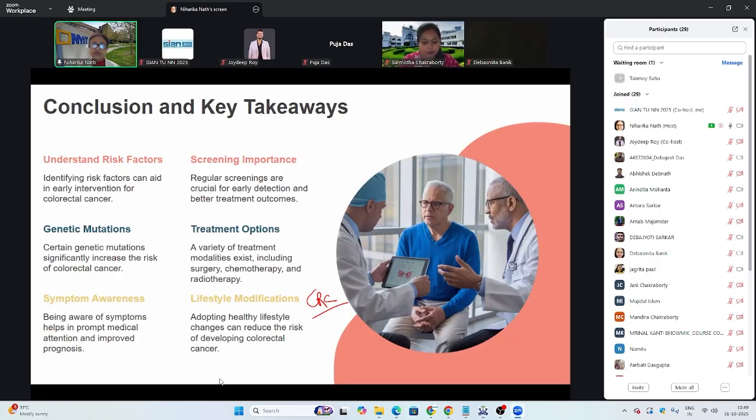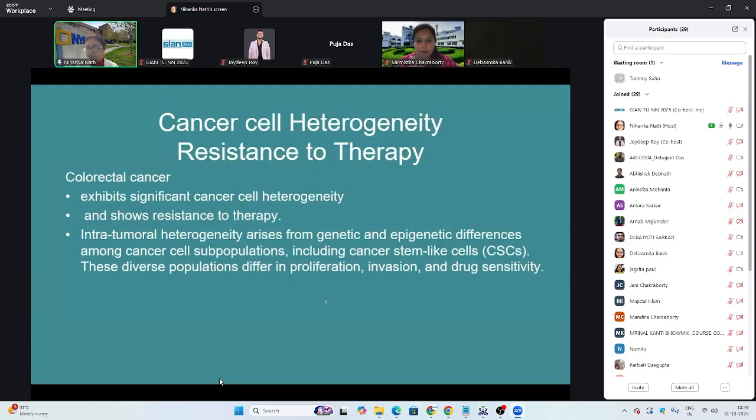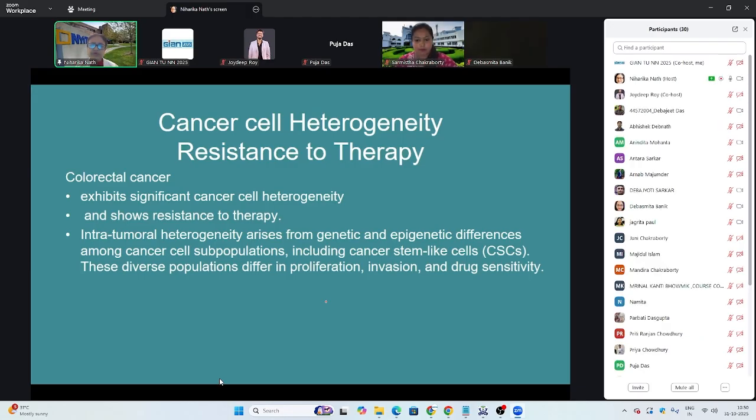So let's go and look at what we wanted to talk about today. And I kept it rather simple so that the language is also a little bit simple. So we're talking about cancer cell heterogeneity, and we're talking about resistance to therapy. They're not two separate things. They're just one leads to another, that kind of thing. So cancer cell heterogeneity,